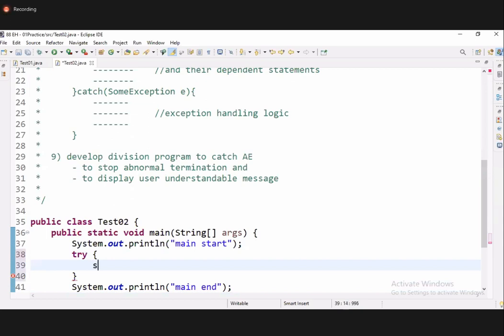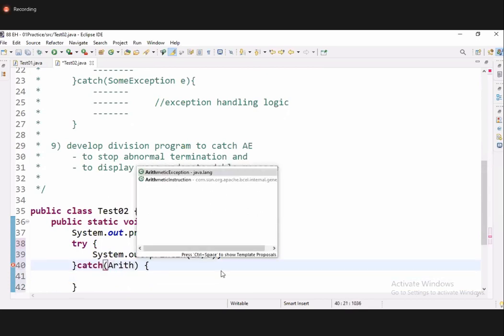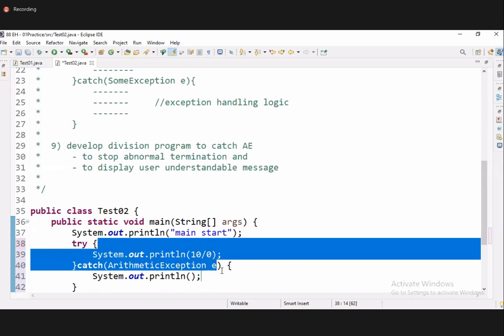Try, System.out.println 10 by 0. Okay, I'm writing System.out.println 10 by 0. Following that, what do you write? Catch of what? ArithmeticException e. Tell me, the exception raised here is stored in this e variable. If you want to use this exception, or display your own message,